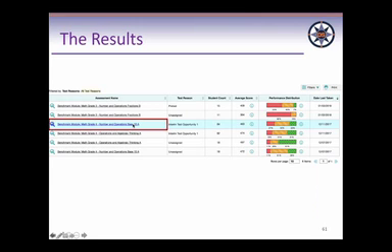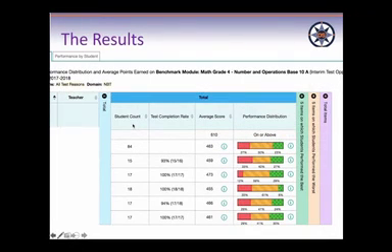I'm going to click on this. And you come to here, which is a very similar report. This would be a teacher's name. These would all be teachers' names. Each of these rows are teachers. This is the whole grade. This teacher,